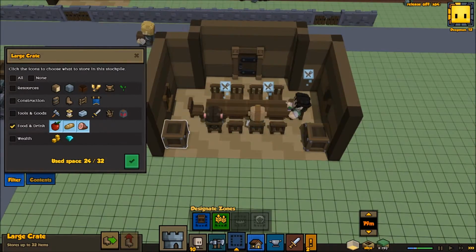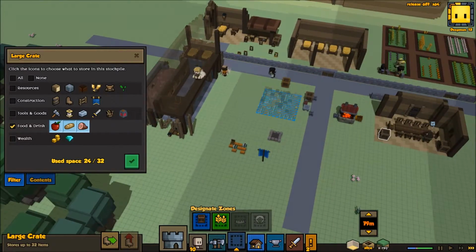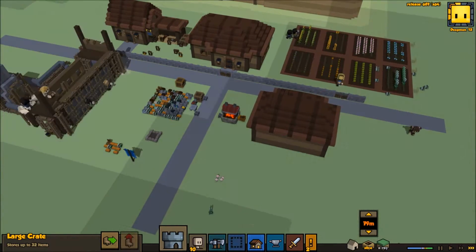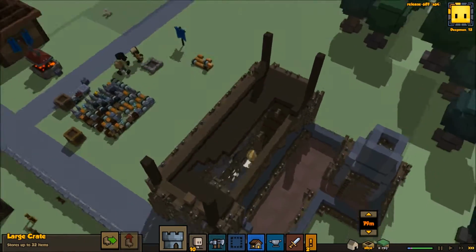We may need to put some more food storage over here at some point. It very well could be the case. Let's take all that down, get out of there. It's coming along